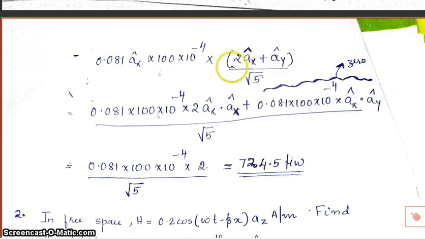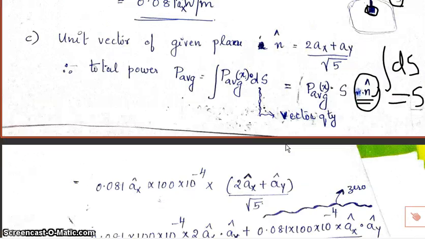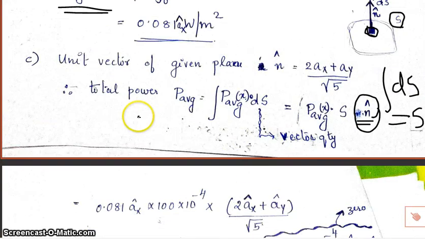When you open the bracket, ax into ax will give you 1, but the second term will be 0 because it is ax into ay. So finally you can calculate it and you will get 724.5 microwatt. The point that you have to remember is, if you have to find out the total power over a surface, then the unit will be watt. Please keep in mind the unit is watt if you have to find out the total power over